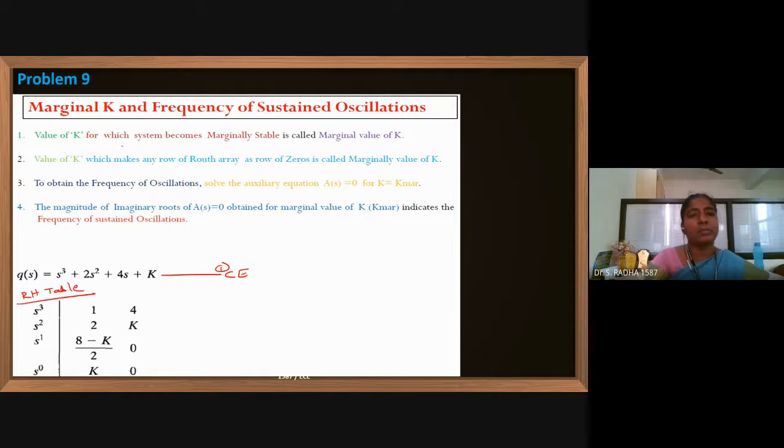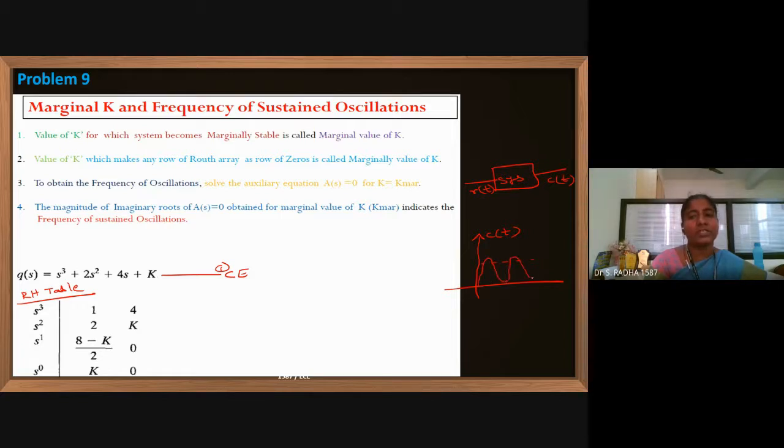And if at all mentioned marginal k value, marginally stable. The k value where the system is marginally stable, that k value is called marginal k. And frequency of oscillations. Marginally stable means there will be fluctuations in the response. Output means response, C of t is the output. Generally input is represented by small letter r of t, output is represented by C of t. And when we draw the output waveform,